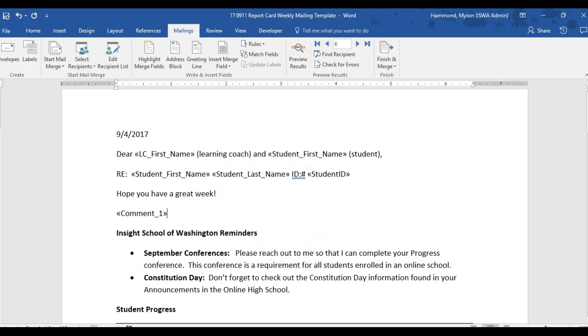And that's it, guys. And we're done with the email merge. You can actually download and populate the report cards tool anytime you want, even if you're not doing the mail merge, to get a copy of your